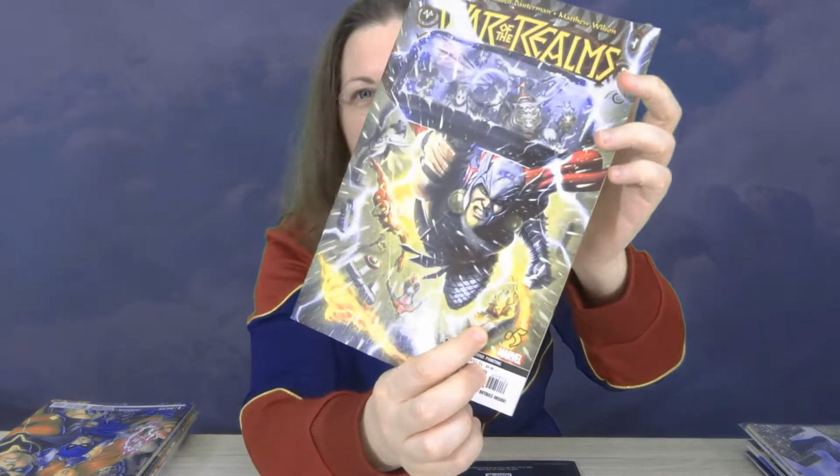Then underneath that, we've got War of the Realms, issue 5. I'm just looking for Captain Marvel. Captain Marvel, look! Oh, got a bonus one. I've read some of War of the Realms. Strike Force I've read, and what else did I get? I got some issues of...